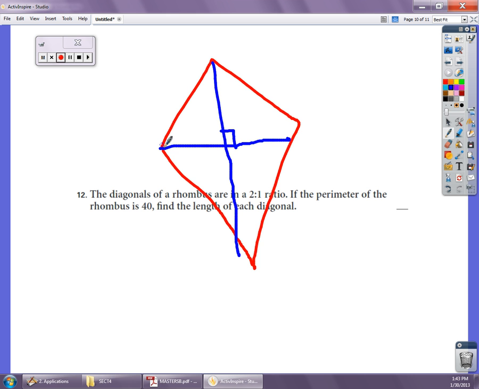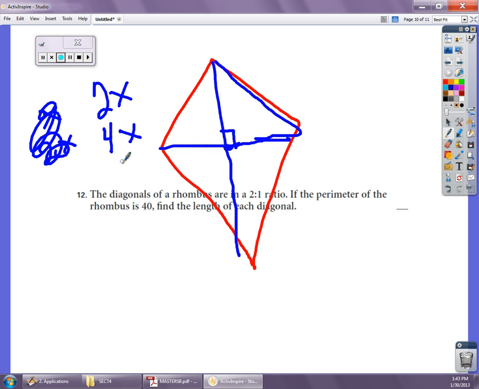Well, if they're in a 2-to-1 ratio and I make one of them x and the other one 2x, I'm going to have to cut them in half in order to use in my right triangle. So rather than call the two diagonals the length x and 2x, I can make them 2x and 4x. They're still in a 2-to-1 ratio. This times 2 is this one. But now, if this one right here is 4x, I can say, because it's bisected, they're both 2x. And if this long one is 2x, then this little one will be x,